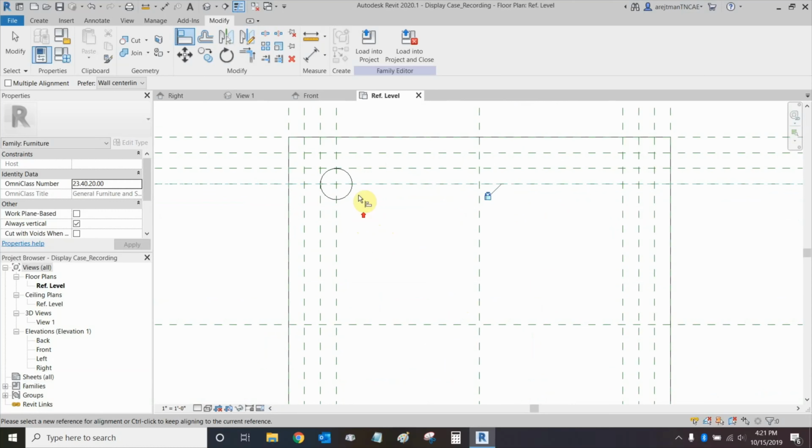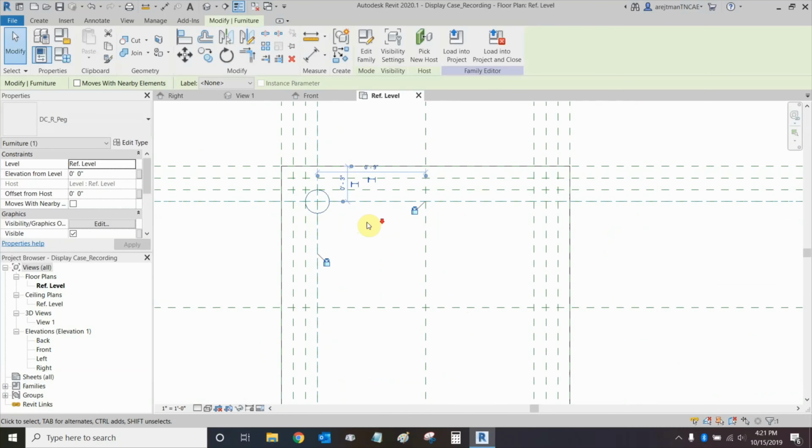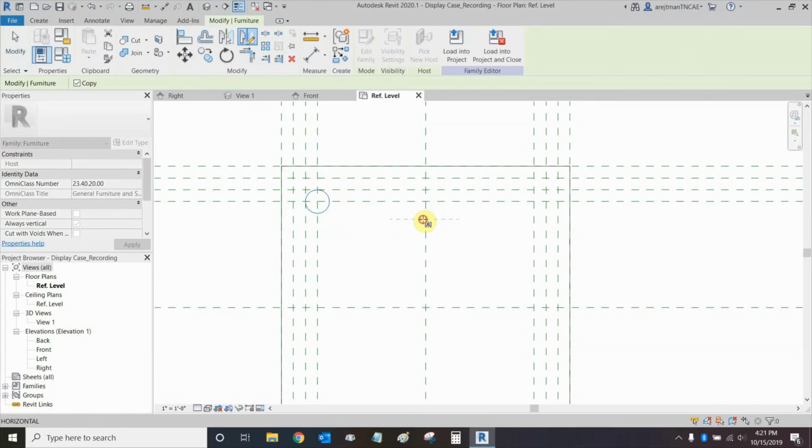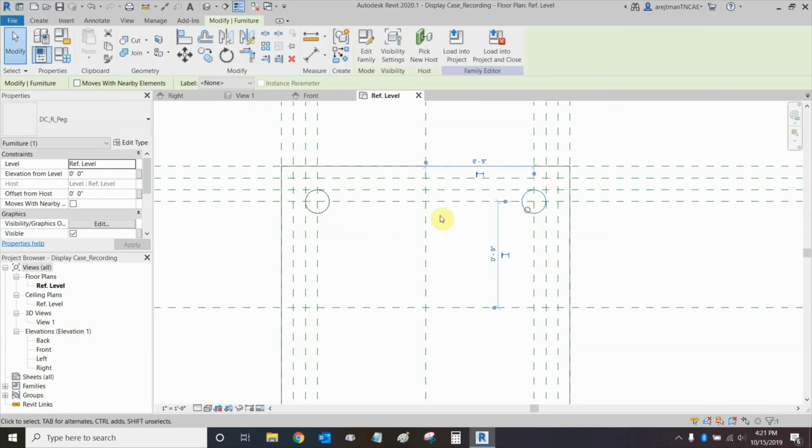Because we made it as a separate family, we have more grips and more control over the peg itself. It's very useful, and we can ensure that we've locked it based on these 2 locks. Let's take our peg that we've put perfectly in place. We're going to mirror it, and we're going to use the Control key to select both of them and mirror